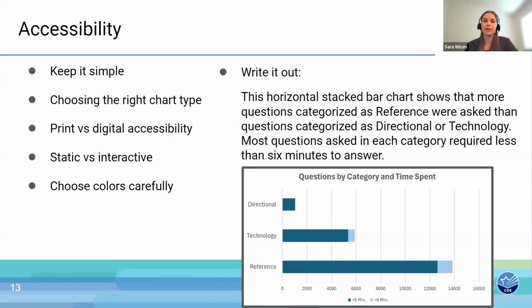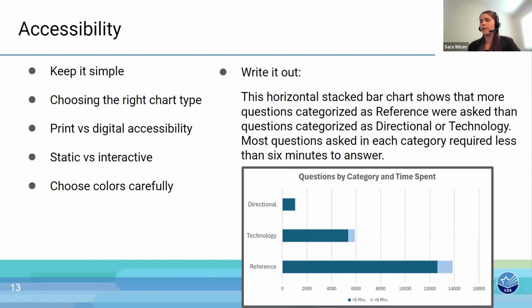And then the third thing that I mean by write it out is write out labels within the chart. So that's including titles and axis labels. I think on this chart, I actually skipped an axis label and then I added it in the next slide, you'll see. So I was constantly thinking about, okay, what else does the audience need to know in order to be able to correctly interpret what I'm trying to show them.